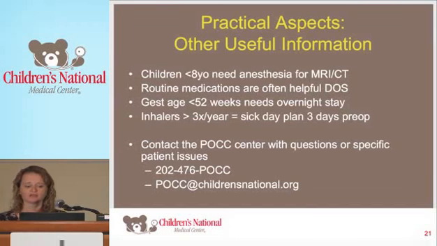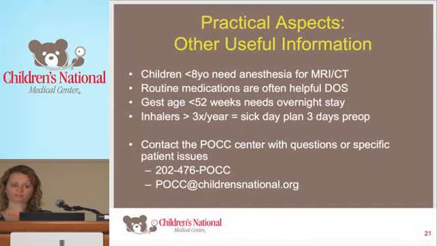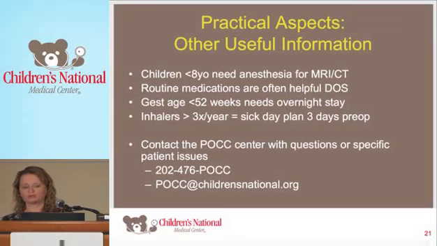We prefer it. If their gestational age is less than 52 weeks, i.e. if they were a preemie born at 33 weeks and now they're 7 weeks old, that makes their gestational age 40 weeks, that child needs an overnight stay for their anesthetic. Because they have a significant increased risk for apnea and problems following their anesthesia, we generally try not to do elective surgery. So, no hernia repairs, no circumcisions on kids less than 52 weeks for this reason. But just so you know, if they're preemies or under 52 weeks, they're going to have to spend the night for observation.